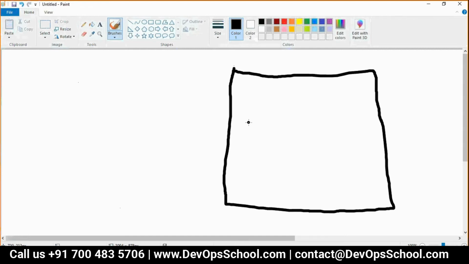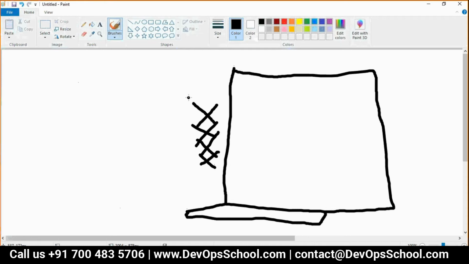I'm not very great at drawing, but think this is the VM. Now the VM has one IP address. You can consider this as a physical network. I'm just helping you to understand. Because of that, this is the one network namespace, you got it.